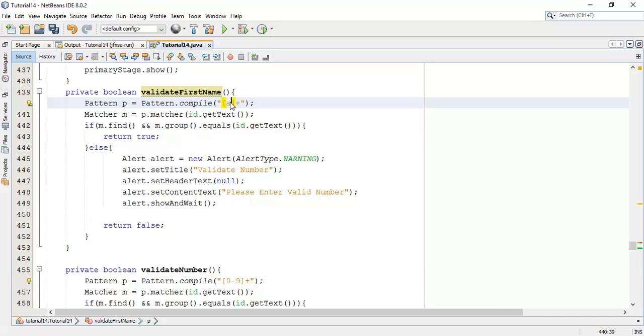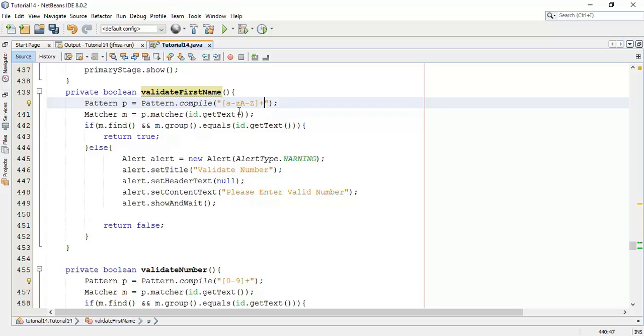So the characters may be A to Z. The name may contain A to Z characters, it can be in lowercase or in uppercase. So this is for the first character.